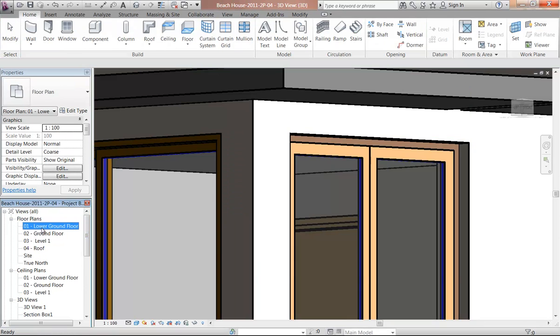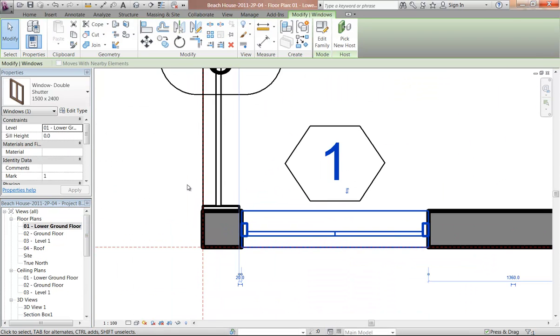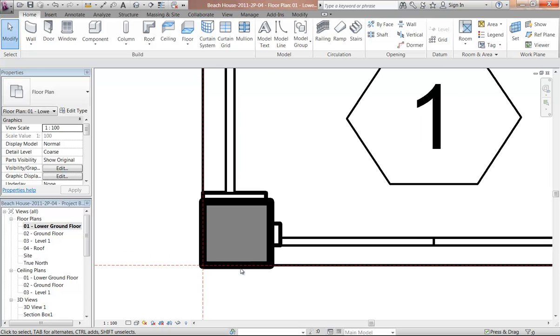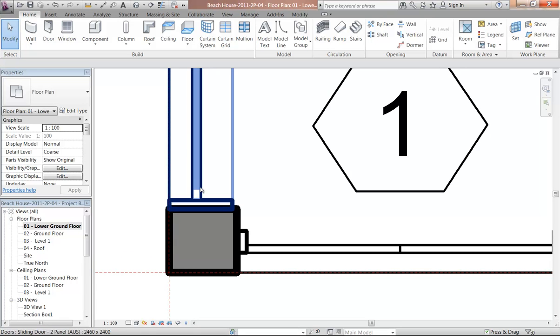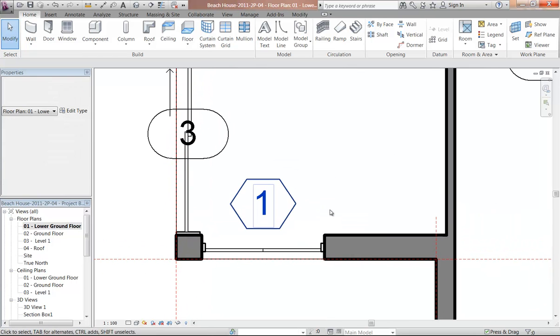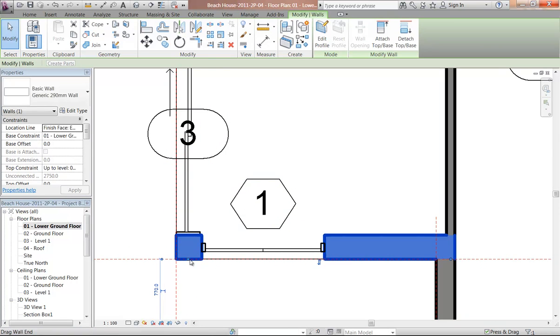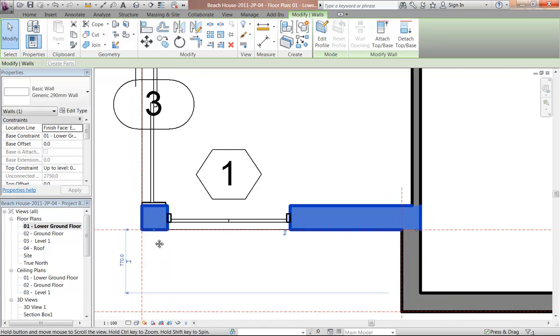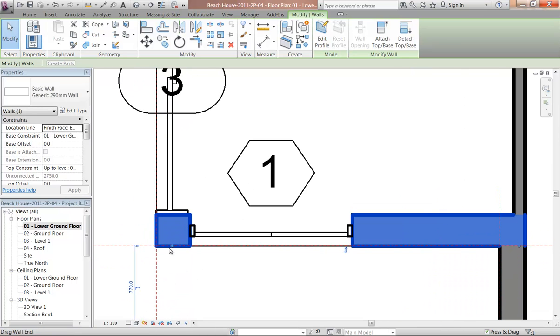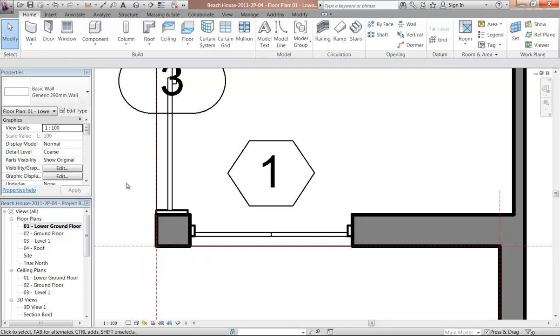So looking back in the plan view now, you can see we've got this bit of wall left at the corner. Now to take that away, like I said, it's easiest to use a trick rather than to do it properly, I suppose, which would be a lot more work setting up new families, essentially, that wrap around that corner. So, to get this to look the way we want it to,